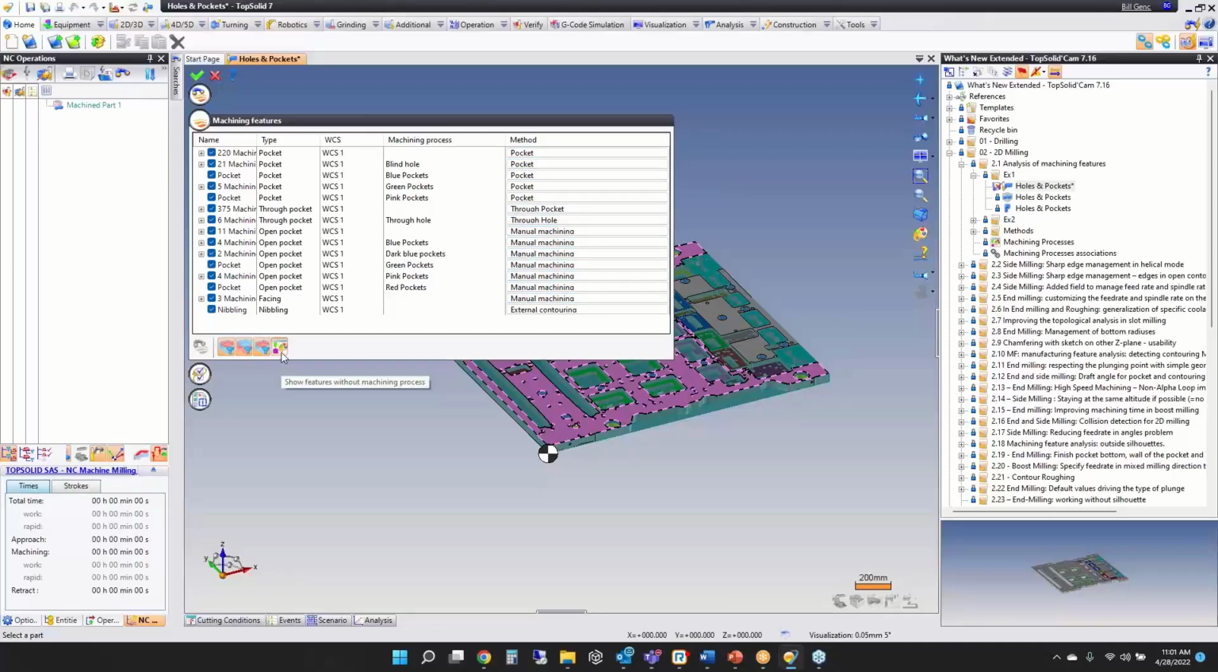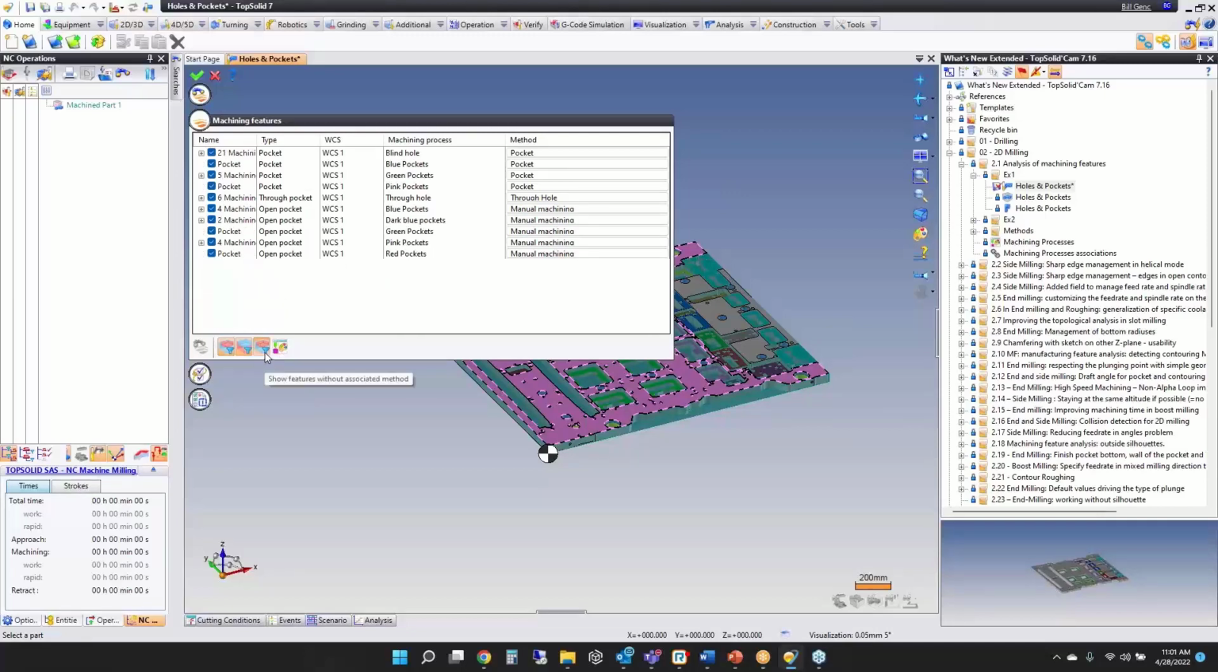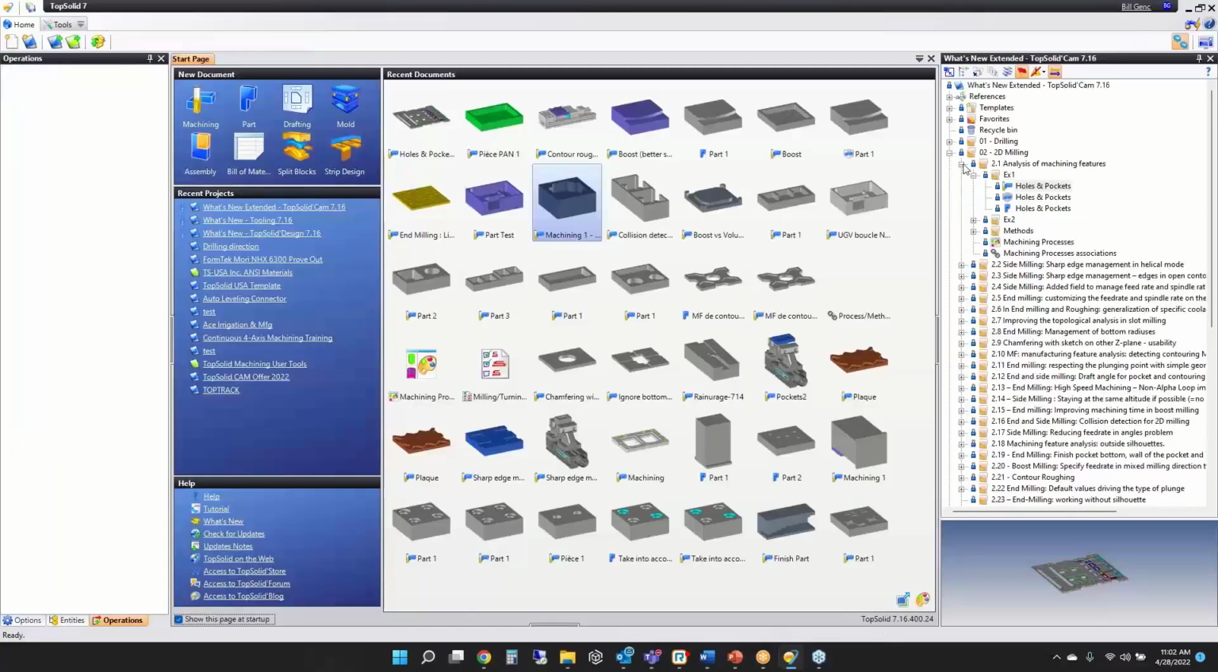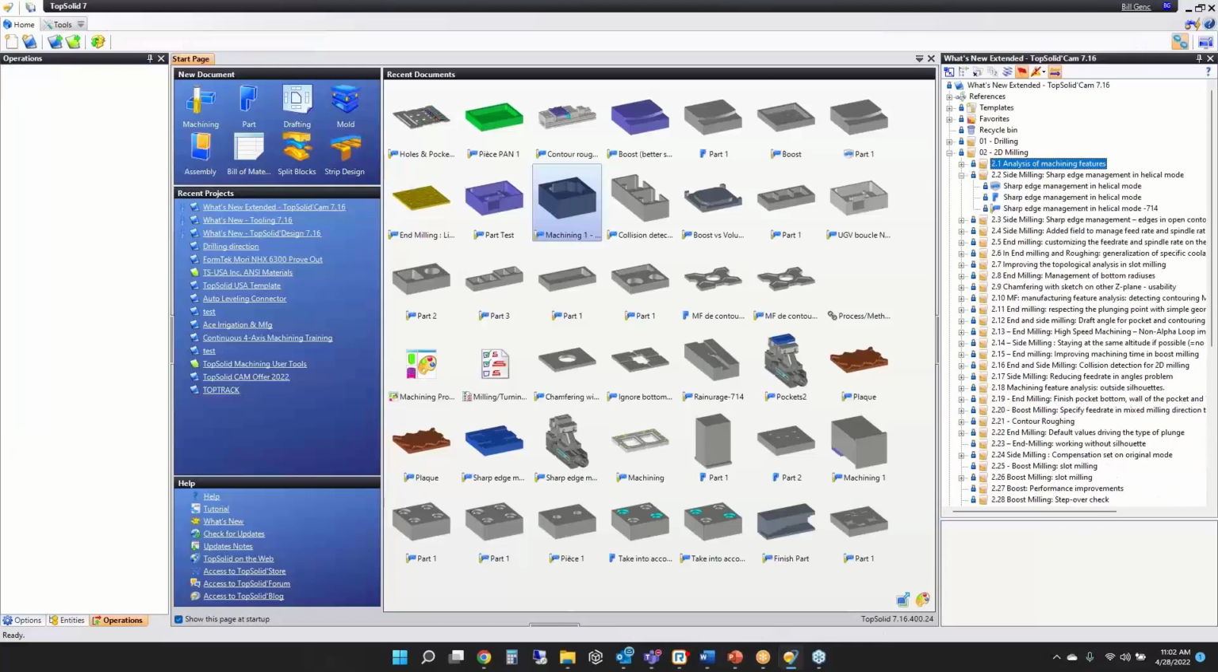So here we can show features without machining processes. We can show features without associated methods. So these are the two new commands. It's just to help you minimize and find precisely what you're looking for. Cool. Close that one off. Next one